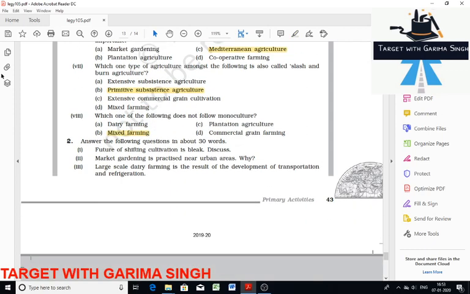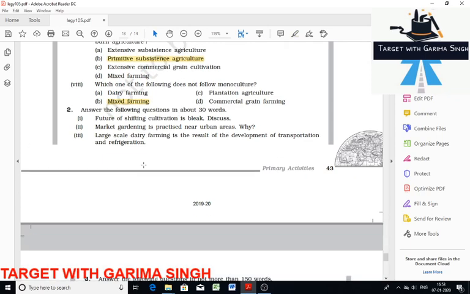Next you have to write a short answer type question. Future of shifting cultivation is bleak. Discuss. So these days the biggest problem being faced by the shifting cultivator is the shortening cycle of jhum, which makes the